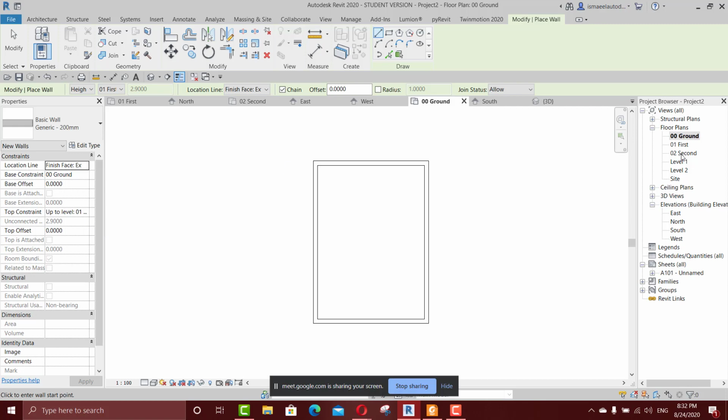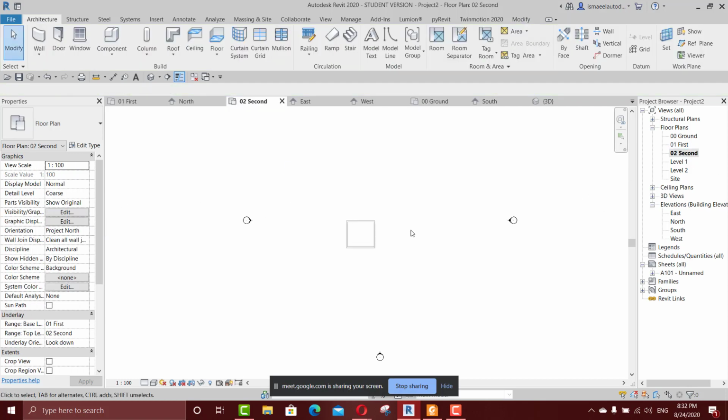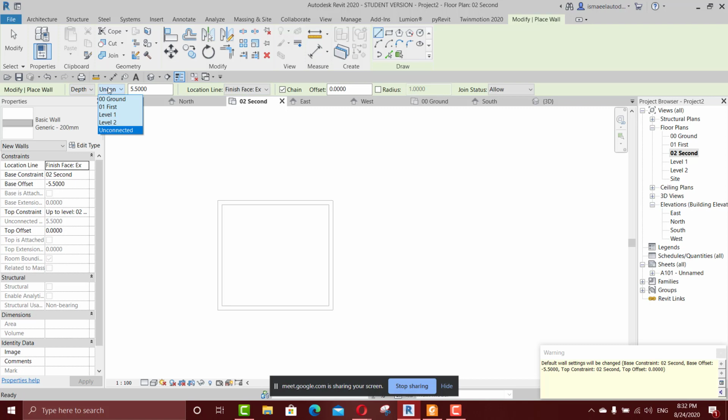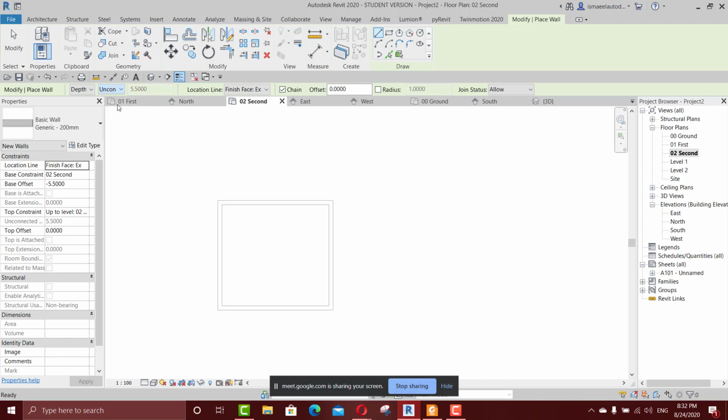Okay, what about if I am now in my second floor? I want it to be vice versa. I mean, now in my second floor, I want it to be from my second one to my first one. So I could directly go with WA and make it as depth, not height, and make it until my first one. If I draw something now,